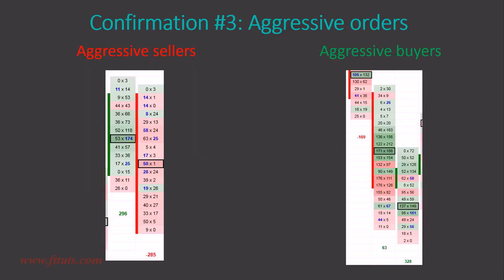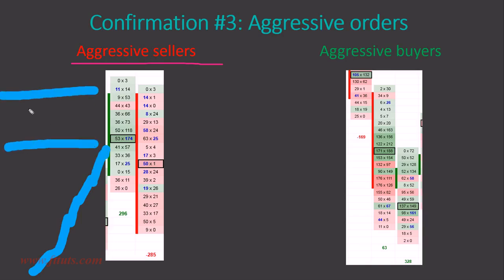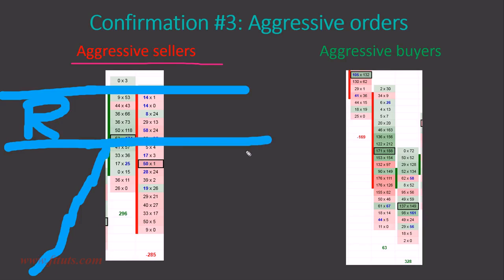Now this is how it looks like. In the first scenario, aggressive sellers. So imagine in this example the price was going upwards, and imagine that somewhere in here there was a resistance where you wanted to go short from. This is the resistance. Now, not much happening in here in this footprint, but the next footprint starts to form,